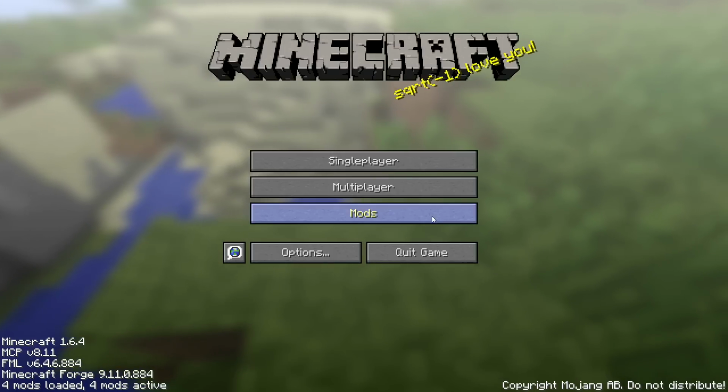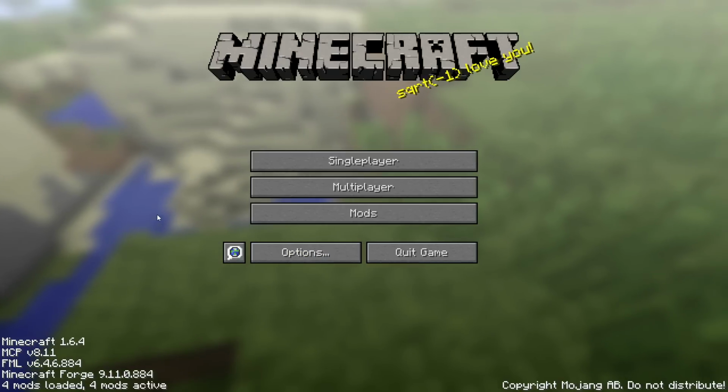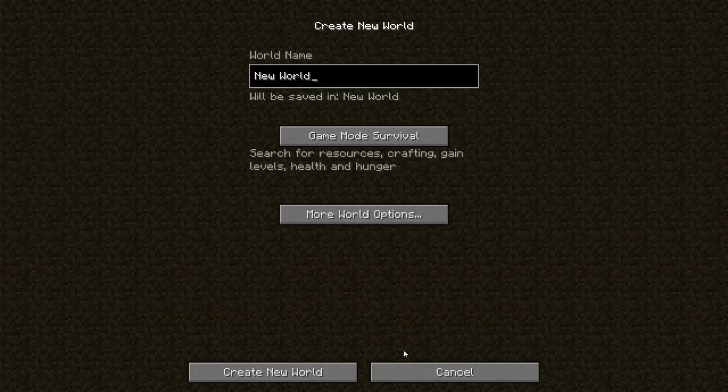Obviously, once you have your mod installed, you'll see it right here. That'll confirm to you that it is installed properly, and you should be good to go. So I'm just going to go ahead and make a creative world. I'm just going to call this